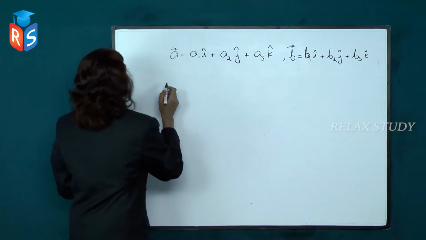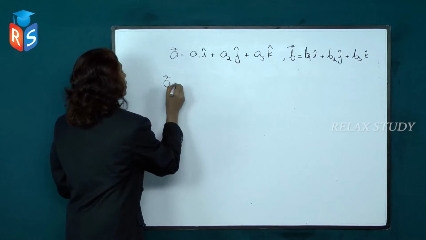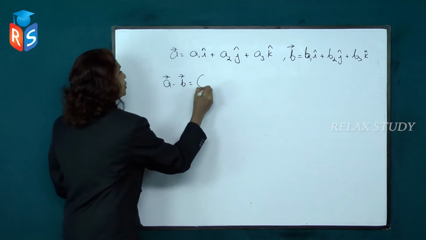Now let us take the dot product of these two vectors, vector A dot vector B, which is equal to A1